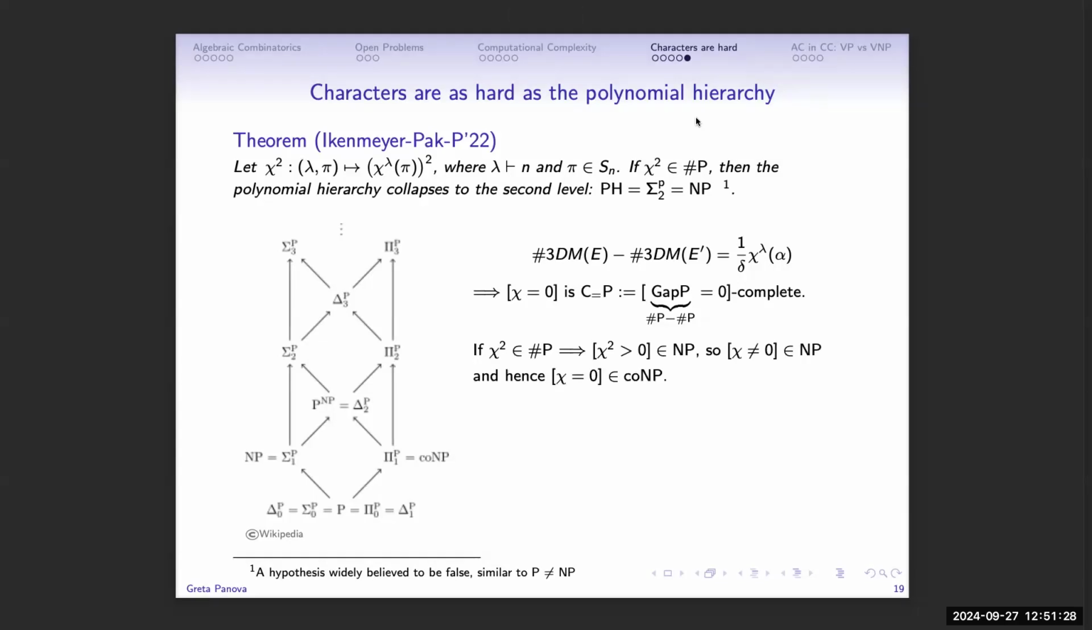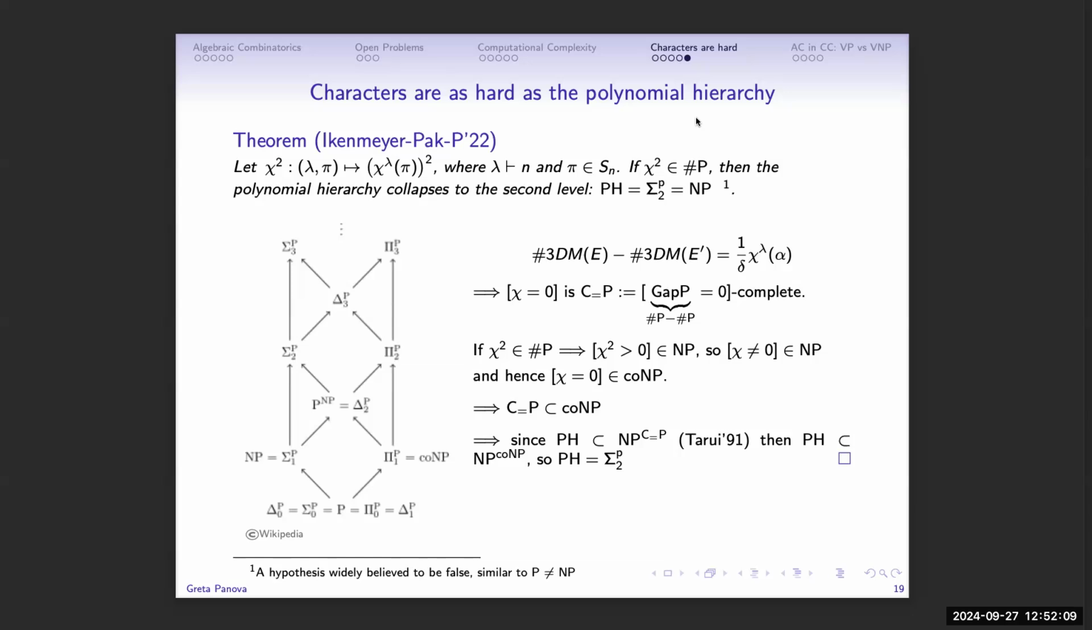And then if the character squared, for example, was in sharp P, then it means that deciding positivity is going to be in NP. You just take one of these positive entries that it's counting in the sharp P formula. So deciding whether the character is non-zero is in NP, and I didn't define this, but there is this class co-NP, which by definition is exactly this. So non-zero is in NP, then 0 is in co-NP, the complement of NP. And then since this is C equal P complete, then it will have to be inside